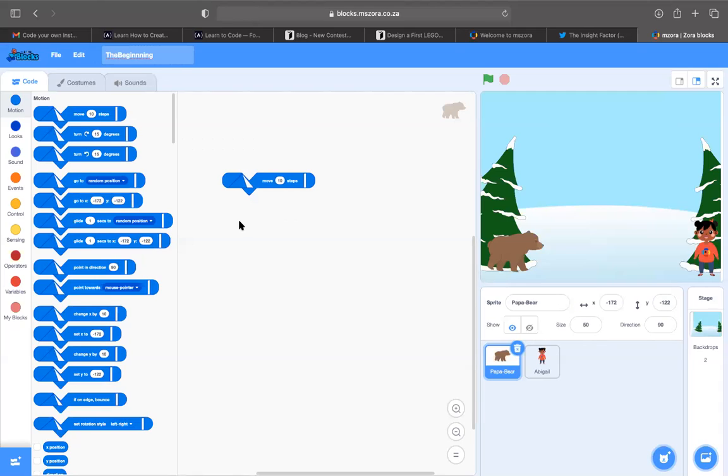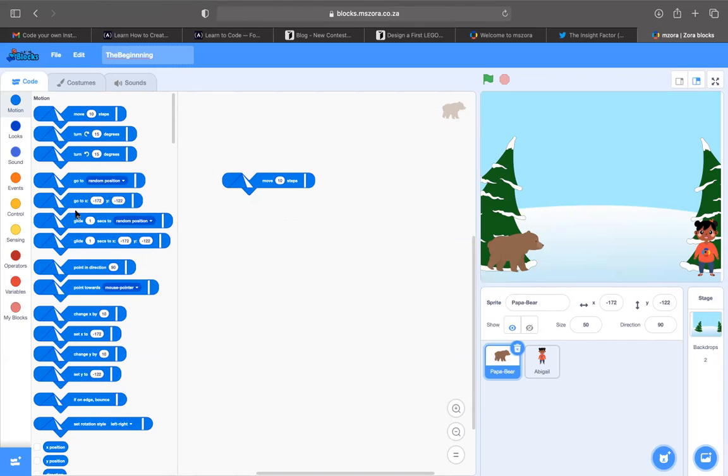All right. So we have the motion block, and in the motion block we have different blocks inside, such as move 10 steps, turn 15 degrees, turn 15 degrees backwards, go to random position, and other blocks as well.